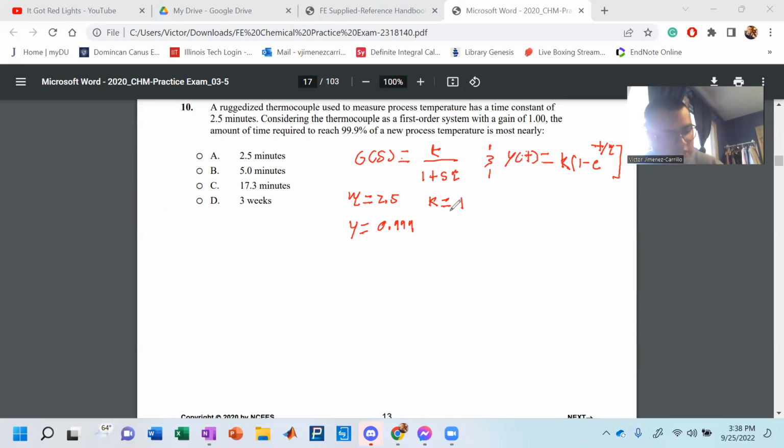Now, you plug all of that into your equation here and solve for t. If you decide to solve this in terms of variables, you end up getting natural log of y minus natural log of y minus 1, which is just the constant that you were given, divided by negative 1. You might be wondering where that negative 1 comes from. It comes from this e